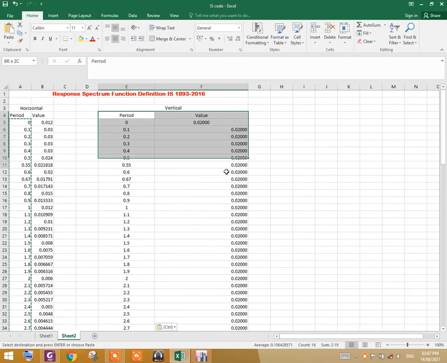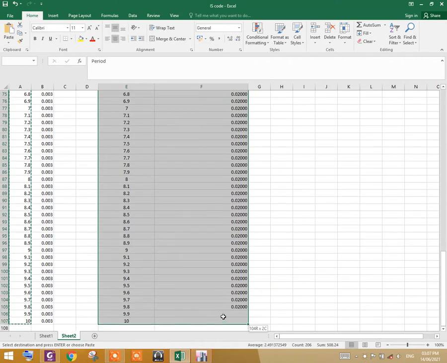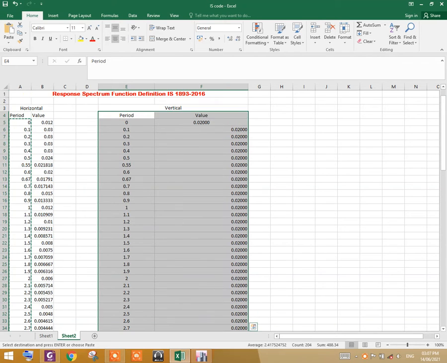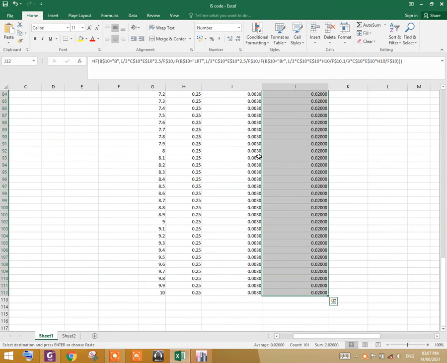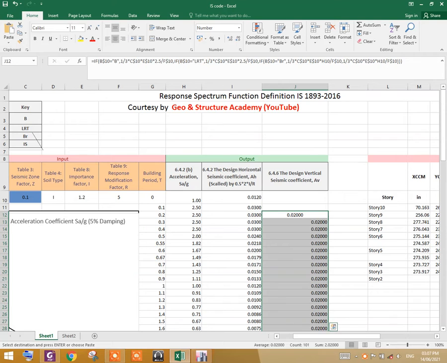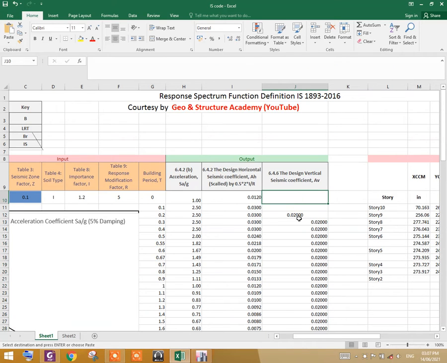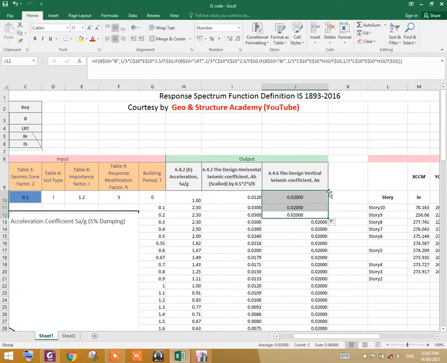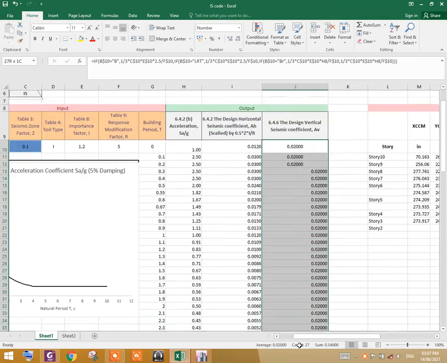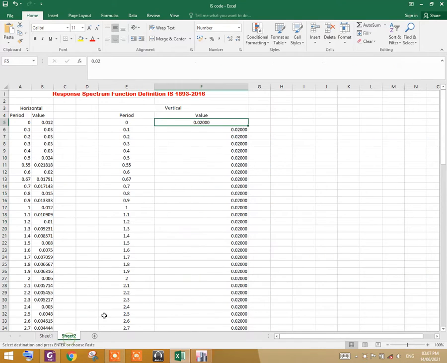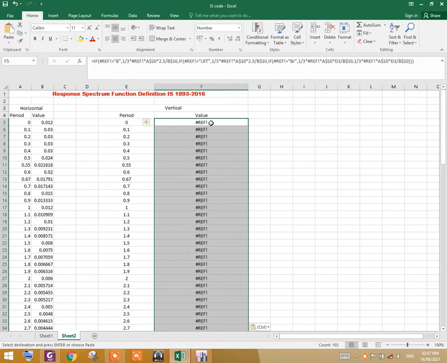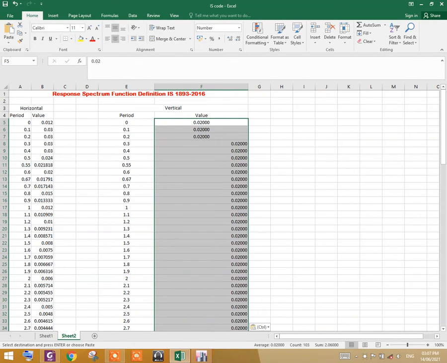Now copy this whole data, Ctrl C, and paste it here, paste by value.